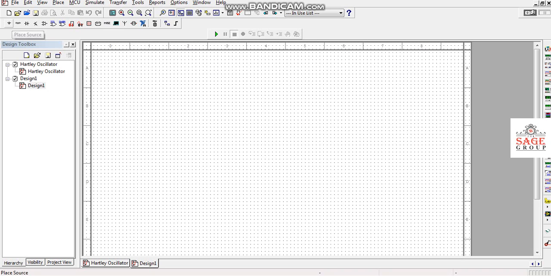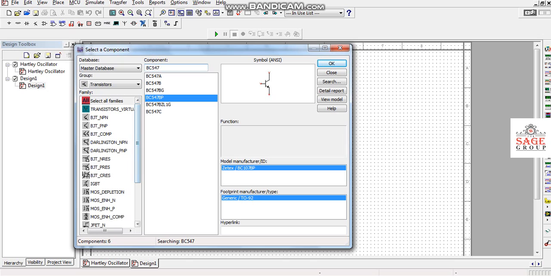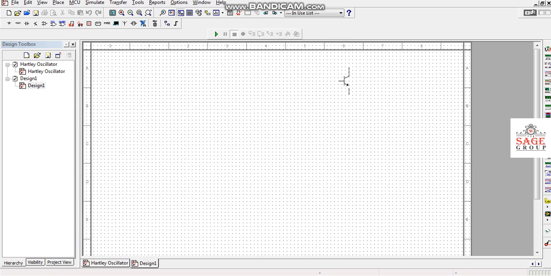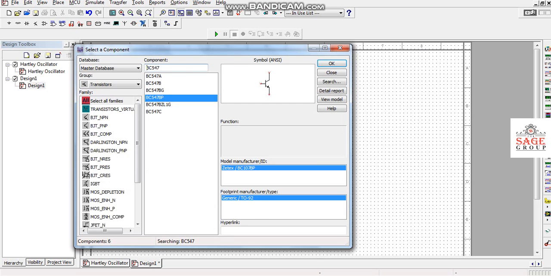First of all we will go here, Place Transistor. Different transistors are available here. I am selecting this particular BC547BP transistor and just keeping it here.